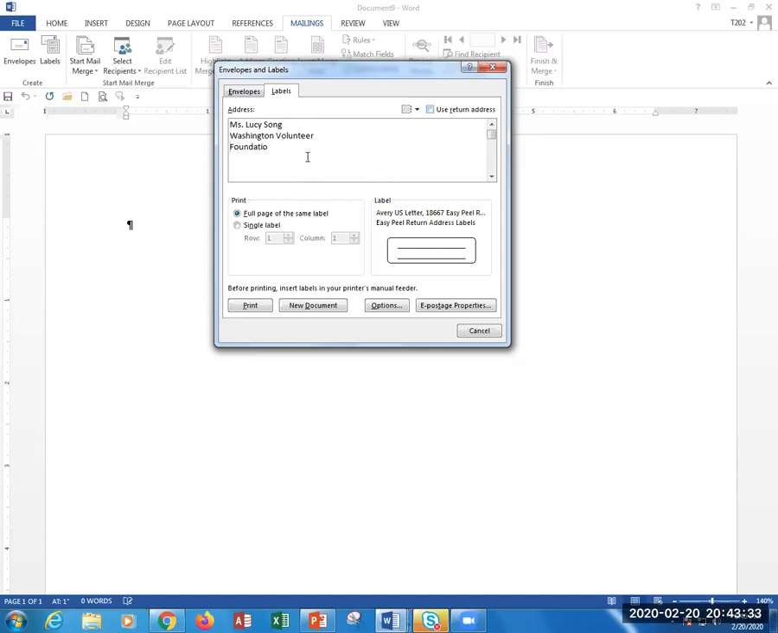Ms. Lucy Song at Washington Foundation, and she's at 10 Hickory Avenue, Midway, Washington, 98476. If you had selected it ahead of time and then clicked on Labels, it would automatically select that. Now, in terms of the label, you'll notice that it's flipped over on the side there, and that's